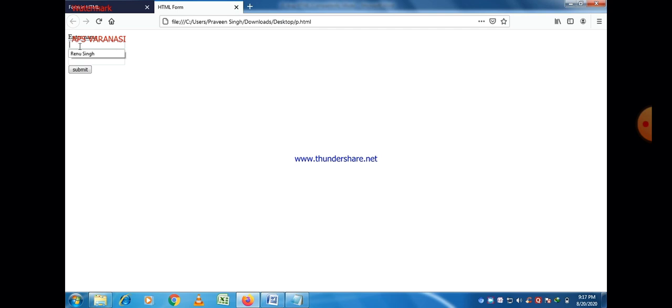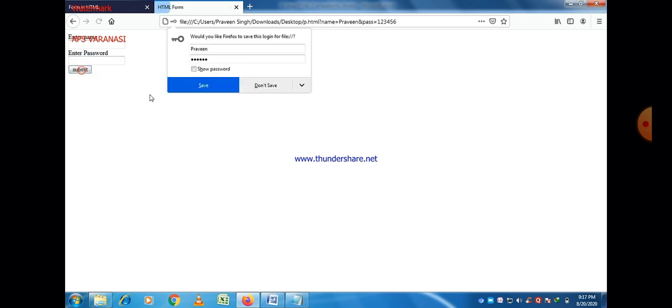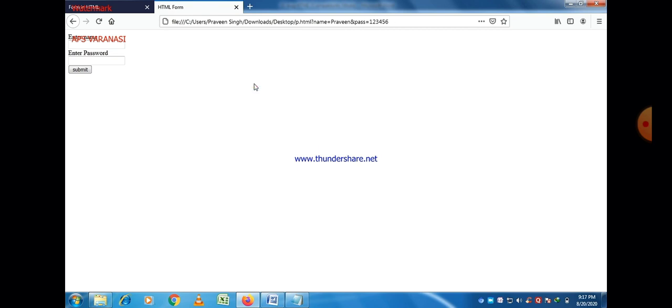Okay, you can easily see here. So enter your name. You can write a name here and enter a password. Just write the password, and then you can click on this submit button. It asks whether to save the password or not. So successfully executed.